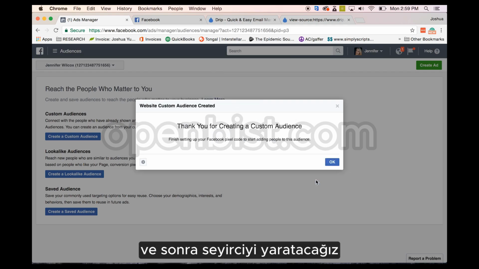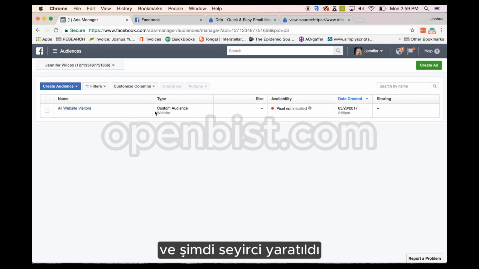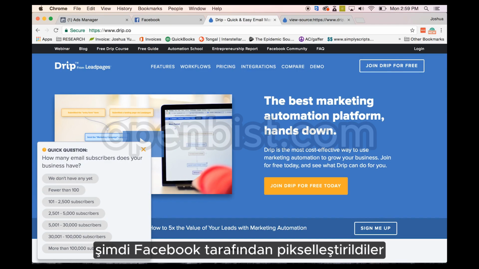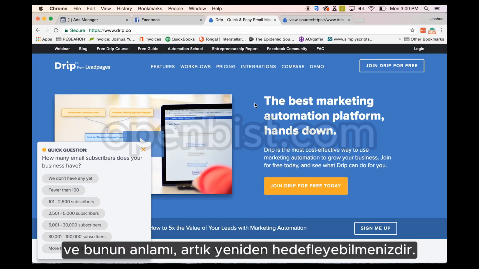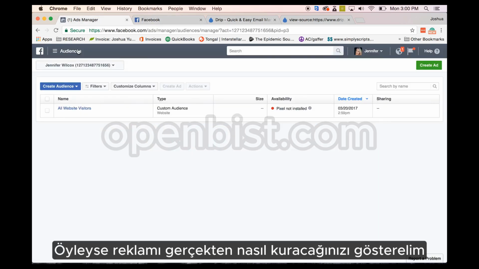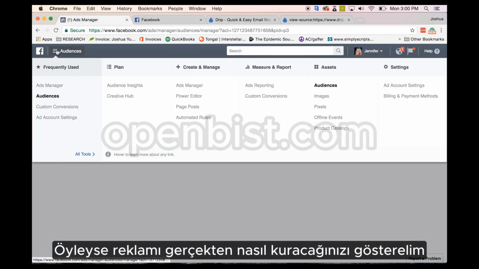And then we're going to create the audience, and now the audience is created. So whenever somebody comes to this website, they are now pixeled by Facebook. And what that means is you can now retarget just the people who went to this website with a Facebook ad. So let's show how to actually set up the ad.